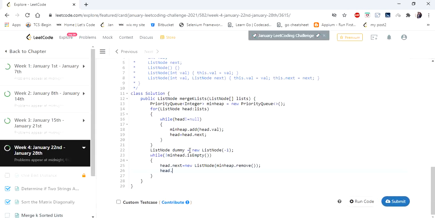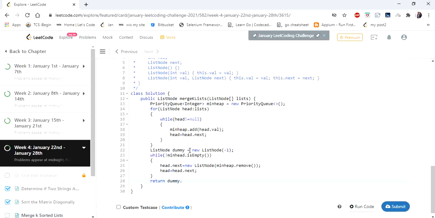Now we are moving head to next and storing the next value. That's it. Just return dummy.next. I just missed a step here.